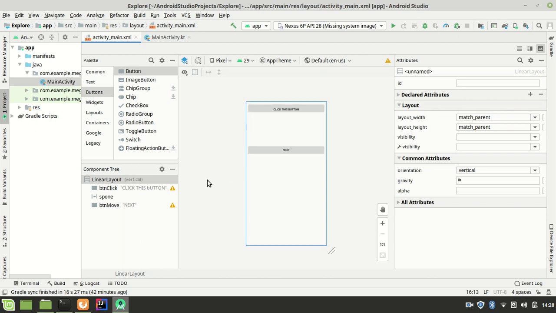So when we click on next, we don't want to edit much on this button. When we click next, we want to move to another page. This means we have to create the activity or the layout that it needs to move to. So we'll come in, right here in main activity, we'll right click,